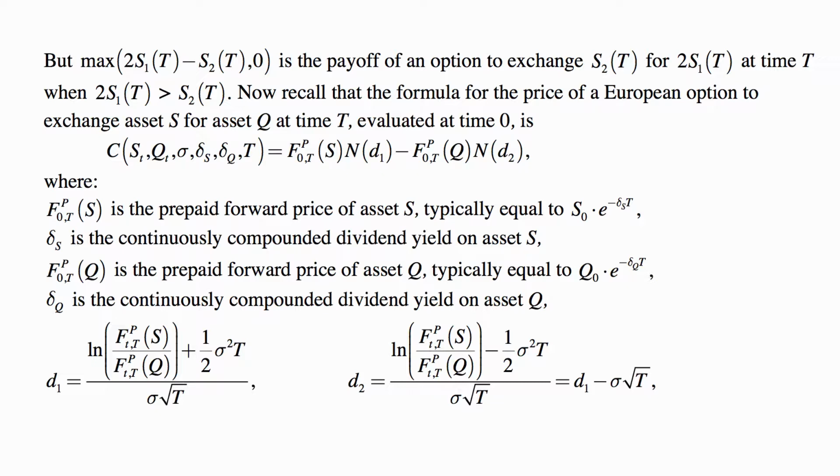So now recall that the formula for the price of a European option to exchange asset S for asset Q at time t, evaluated at time 0, is a kind of analog version of Black-Scholes: the prepaid forward price of asset S times N of d1 minus the prepaid forward price of asset Q times N of d2,